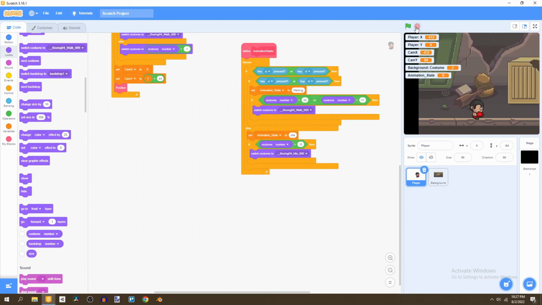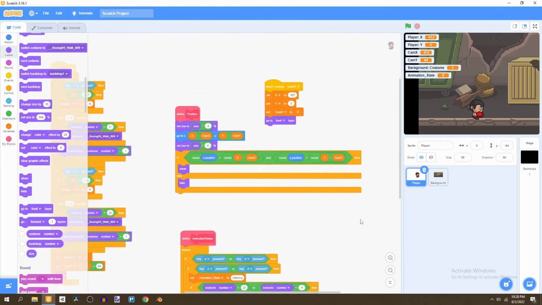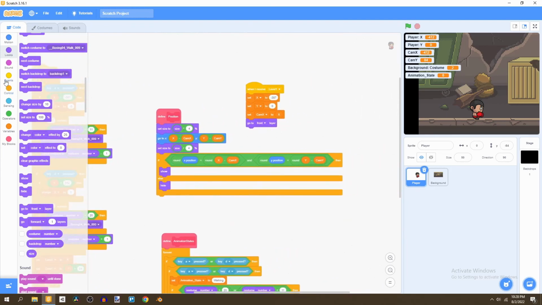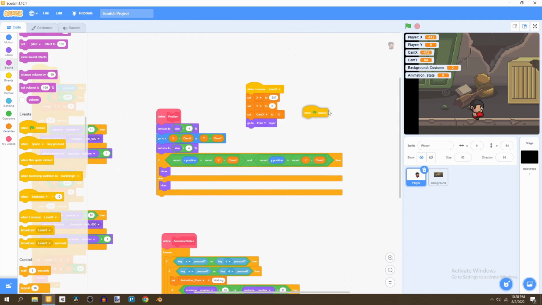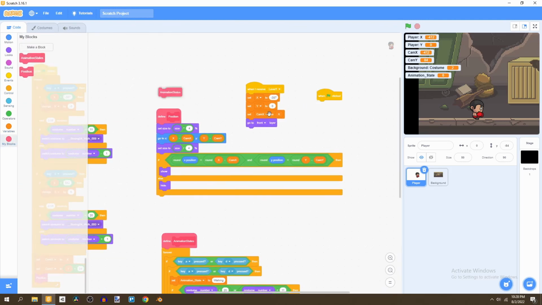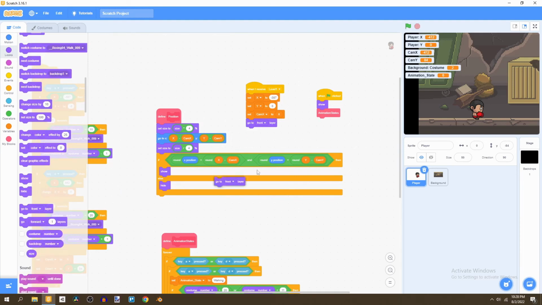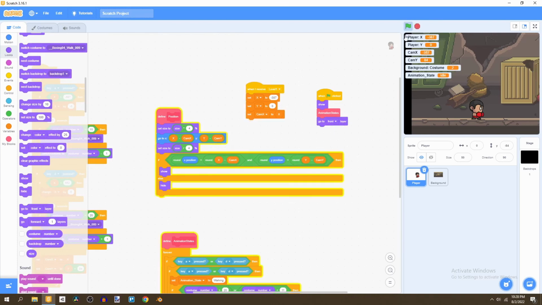Oh, at first I didn't actually put the animation states. Anyway, so we'll say when flag is clicked, we want to put the animation states. We also want to show, and then we'll make it go to the front of the layer, or we just put this here instead. So now if we click on the flag, we'll notice